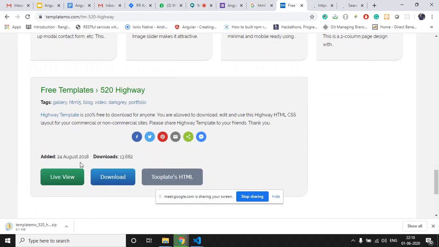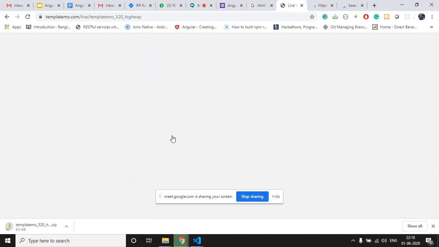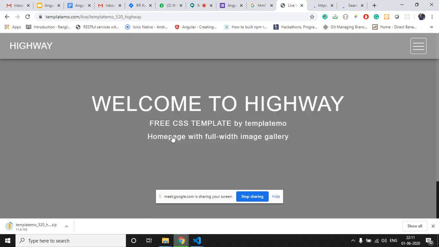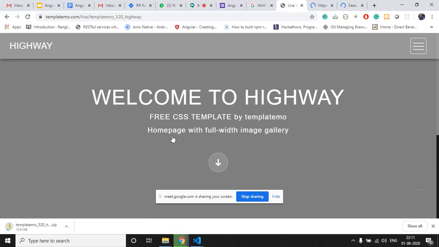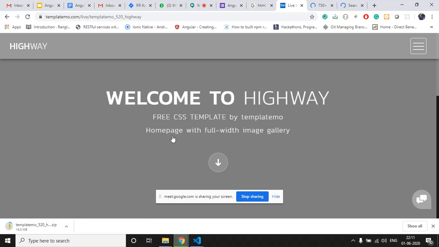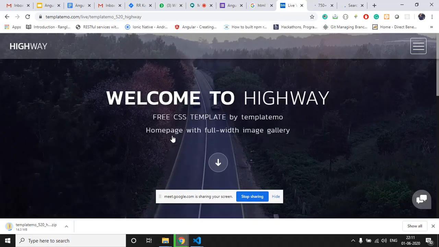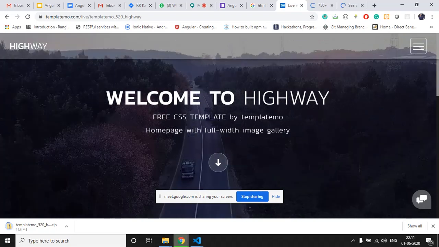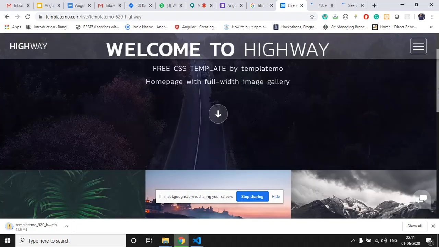Till then we will have a live view of this particular template to see how it looks. This is how this HTML5 template is going to look.